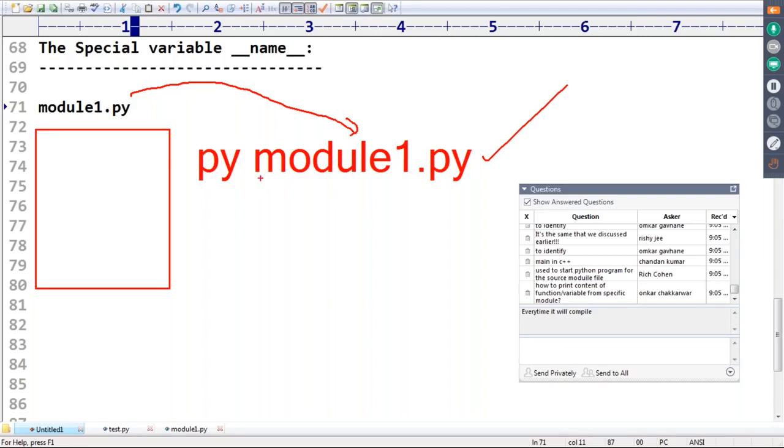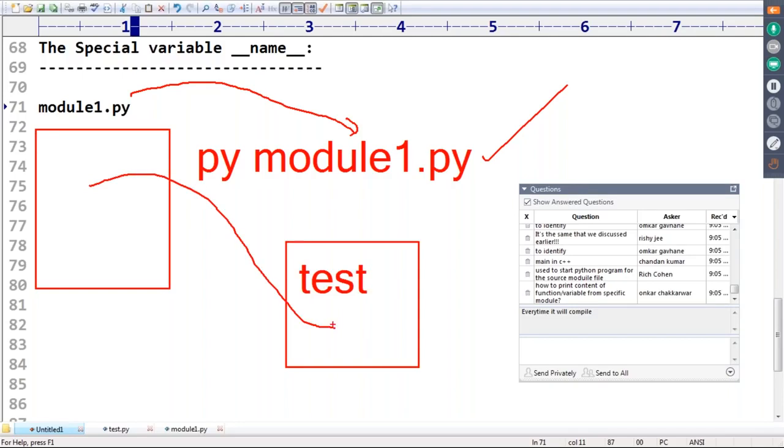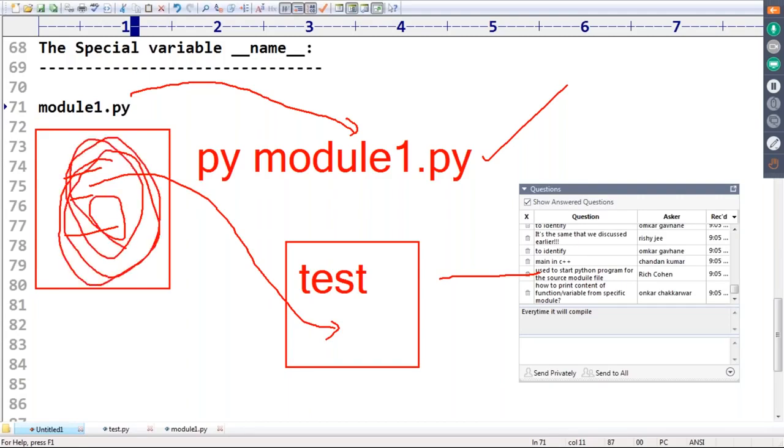Suppose I don't want to execute it directly. I'm taking one test module. In the test module, I will use the module one member. Now, whenever we are executing test, automatically the module one member is going to be executed. So we are executing module one as a dependent module of some other program.